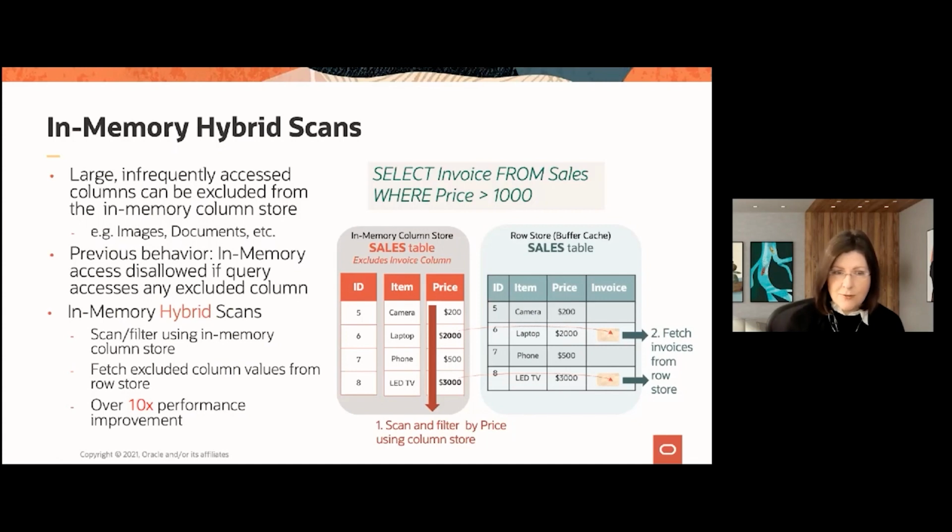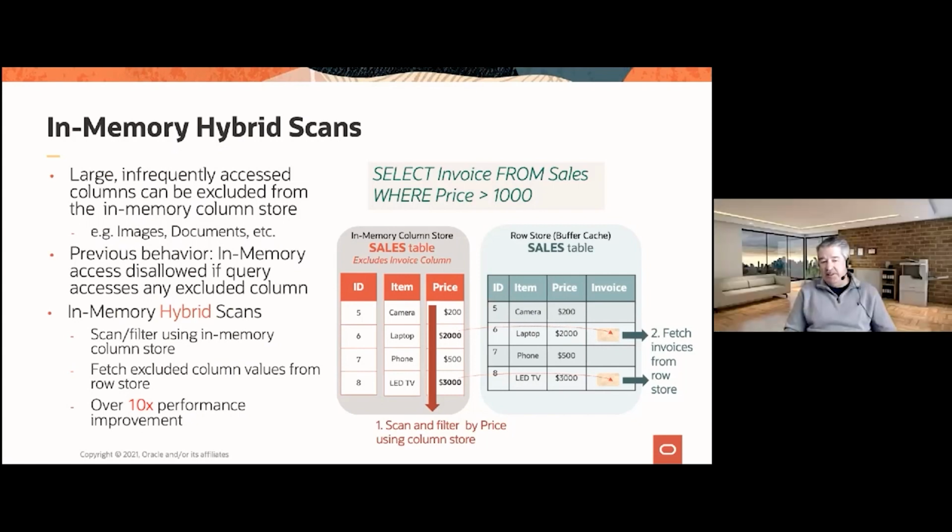Speaking of indexes, there is a follow-up question to this. Is there any investigation in 21c related to moving the indexes to memory like the tables? Yeah, no, there isn't. I actually do this in the hands-on labs, and you can try that in our live lab environment, but we have in-memory storage indexes where we keep track of the min-max values for each of the columns in the IMCU. So we kind of have some index access, but as far as moving B-trees and bitmap indexes into the column store, because we're doing a full table access in memory,